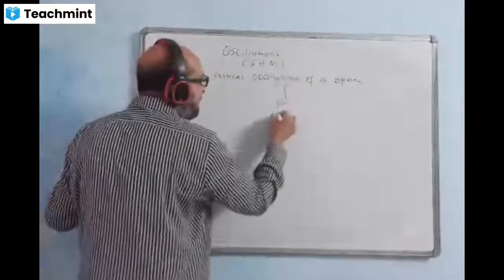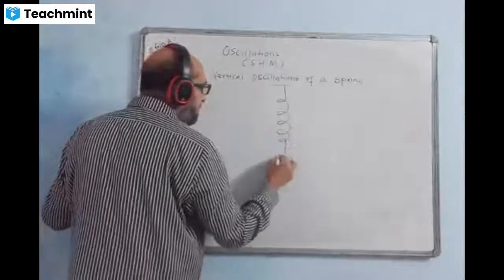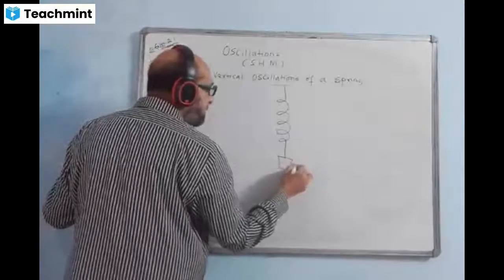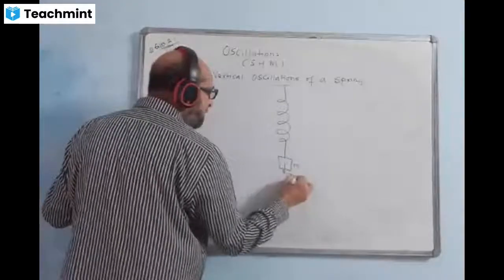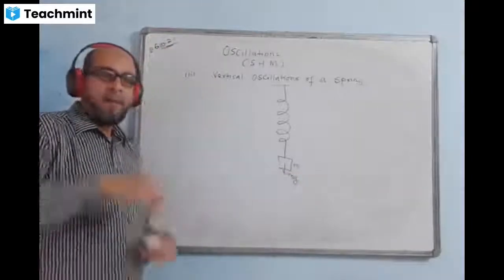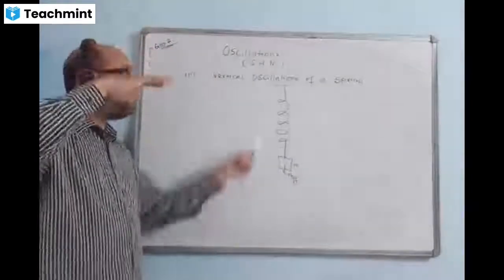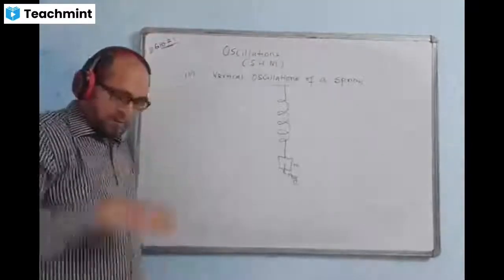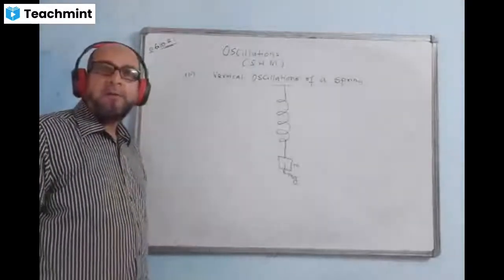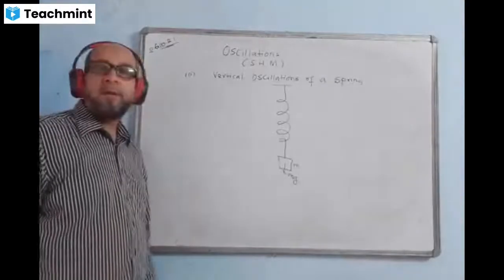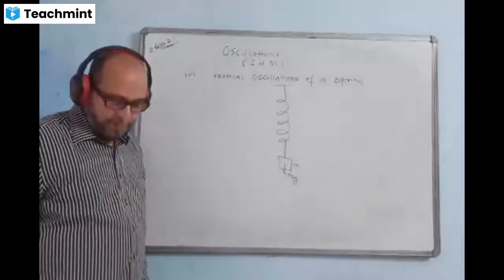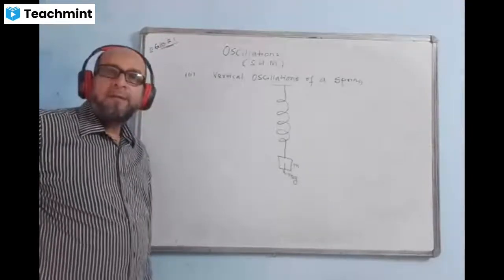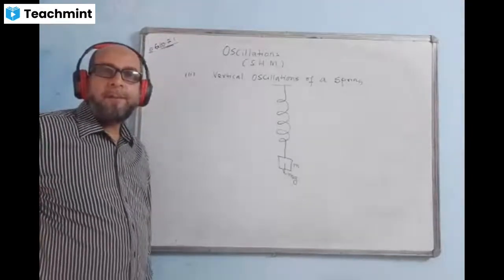For this we can just draw the diagrams. Let us suppose there is a spring, some weight is hanging here, M. That means mg is acting downward here, and you are making the spring oscillate up and down this way. This oscillation will also be simple harmonic, we have to show, and we have to find the time period of oscillation.